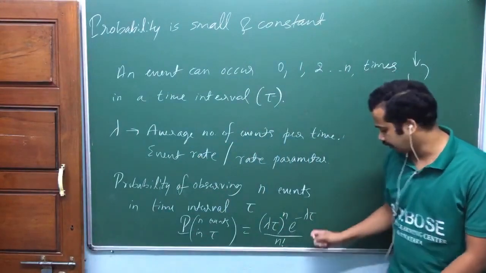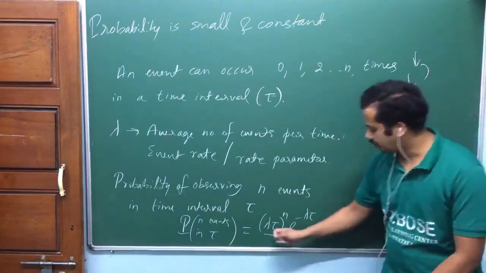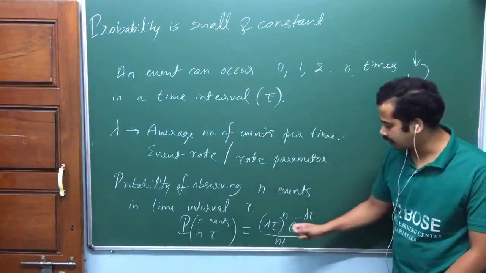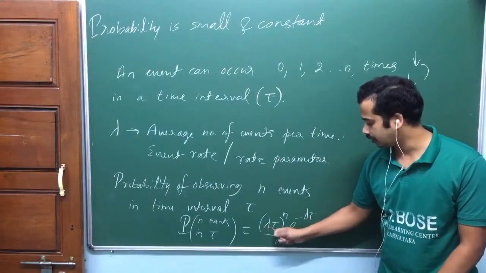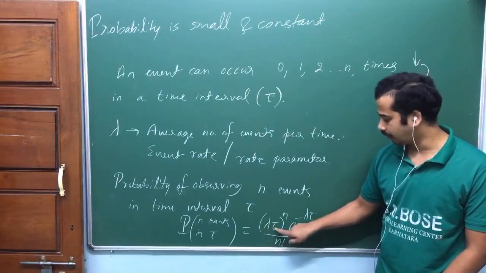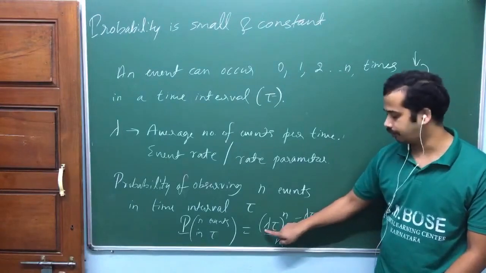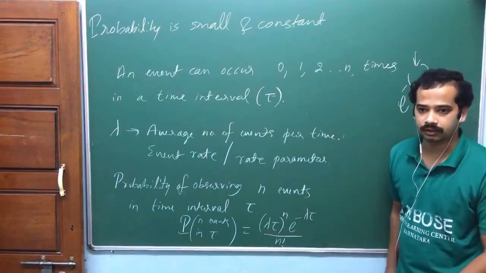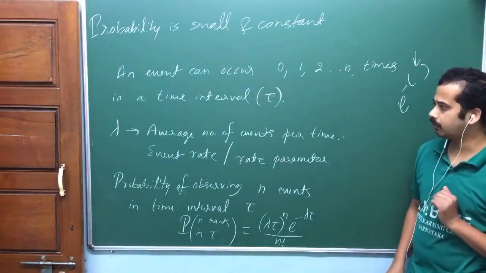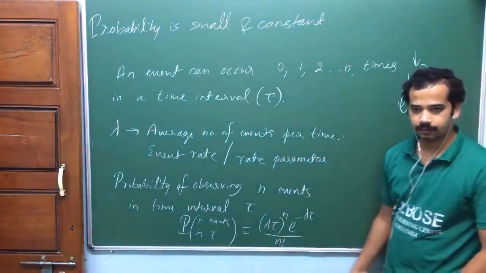Is that okay? Because look at here, it is e power minus lambda into tau. This should be dimensionless. The lambda into tau that came here is in the probability, and this should be dimensionless. To have it dimensionless, this lambda and tau together, if tau is in seconds, lambda should be per second. If tau is in hours, lambda should be per hour. If tau is in days, 1 day, 2 days, lambda should be per day. That you need to take care. We define it like this, but in the definition, you need to remember one point: if this is in seconds and this is in hours, then it will not work.